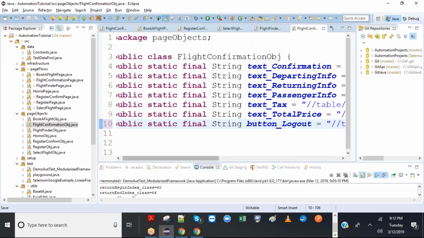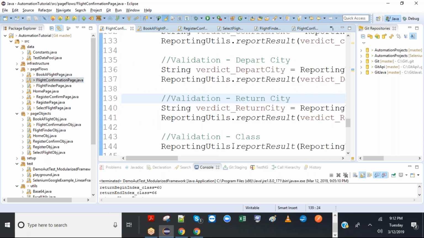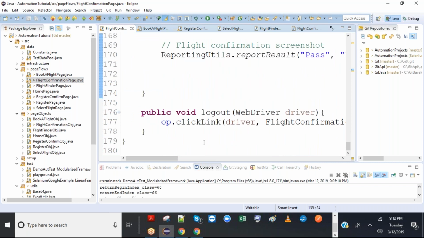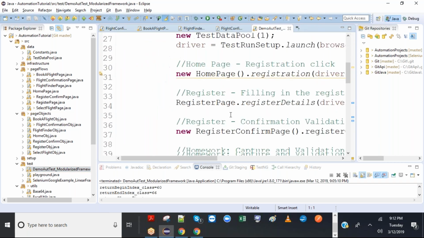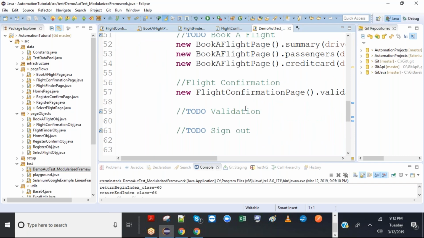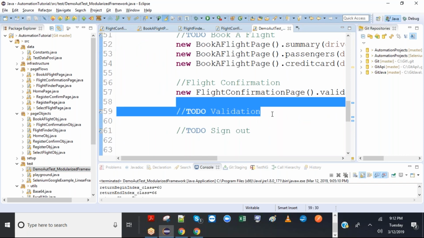All right, so let's call this flight confirmation page, and finally, logout is already there, clicking. All we need to do is call this in the test at the very end. The validation is put in the flight confirmation itself, so we don't need to do it separately. If you want, we can call it a separate validation.